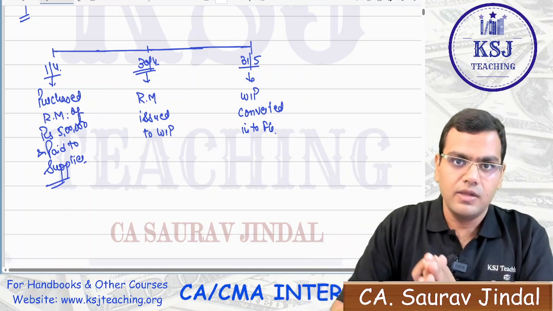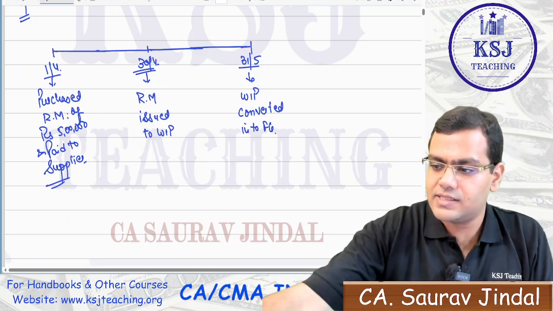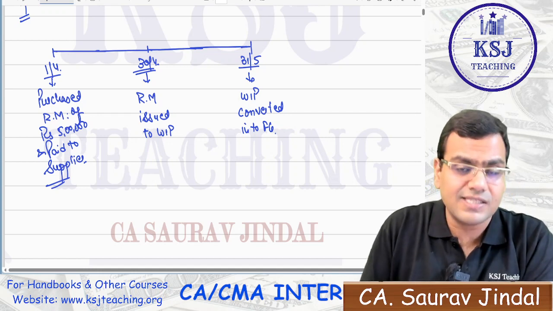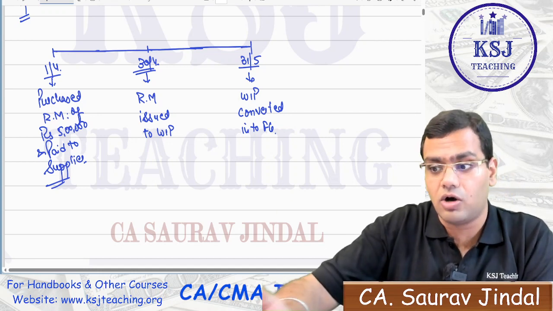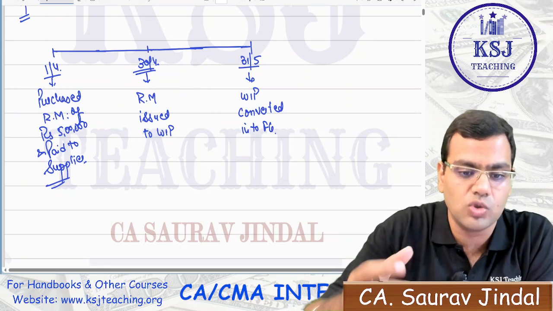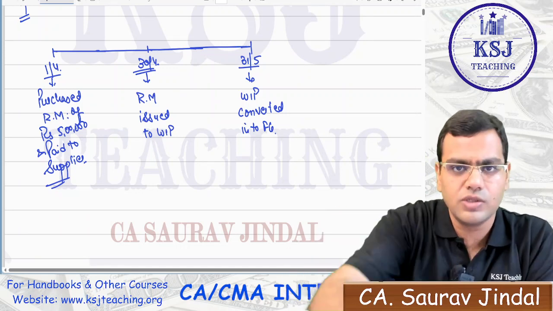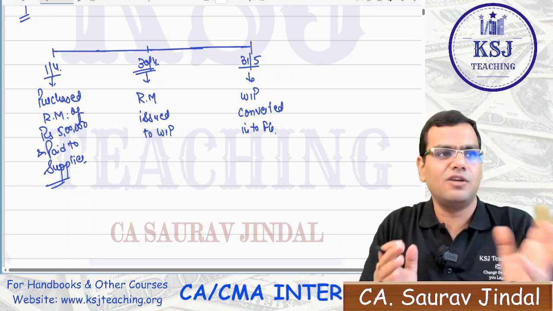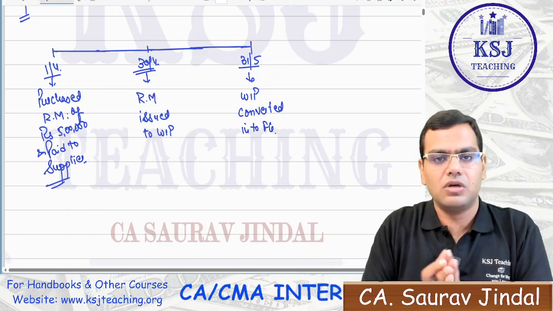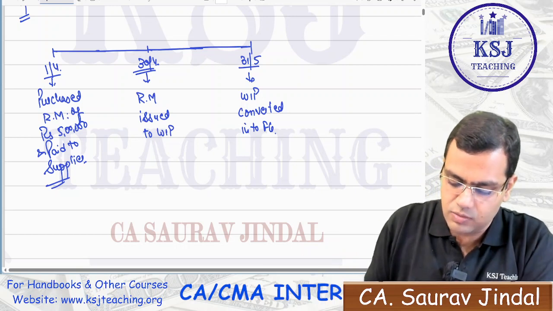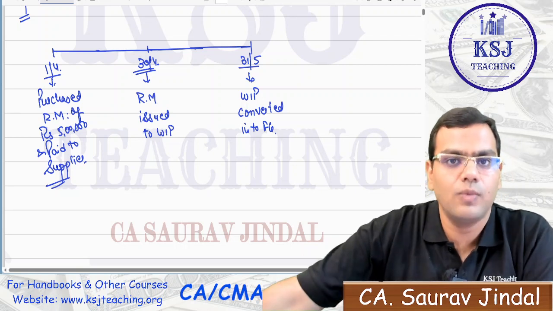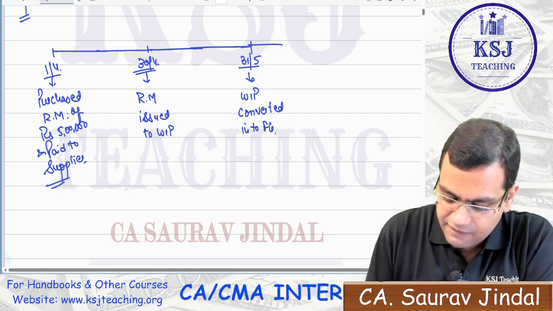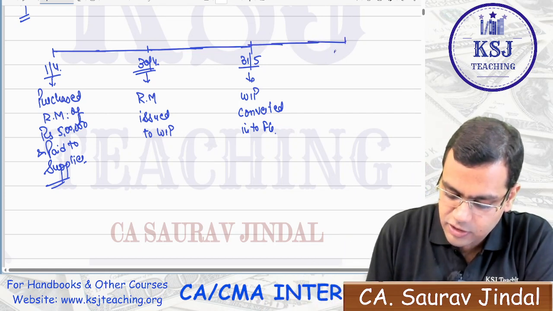Now when the WIP has been converted into finished goods, these finished goods are lying in your factory godown. These are not yet sold. What will happen, sir? It will take some time for the finished goods to be sold. Obviously, it is not possible that as soon as they are ready, they are going to be sold. You will do some advertising, and ask your friends or your debtors or whomsoever you have been dealing with to buy the goods from you. So let's say after a period of 1 month, on 30th of June,